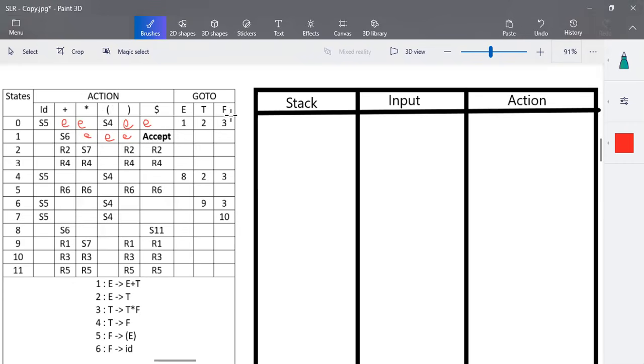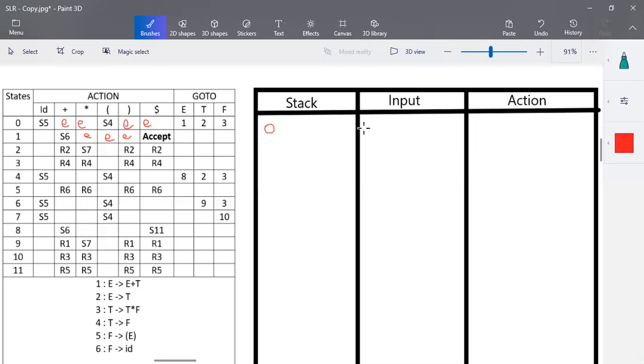For parsing, we will be using a stack. Whenever it is a context-free grammar, it is better to use a stack as a memory unit, and we'll take an example. The process actually starts with the starting state in the stack. So we'll be pushing the starting state 0 into the stack first, initially, when the process starts.